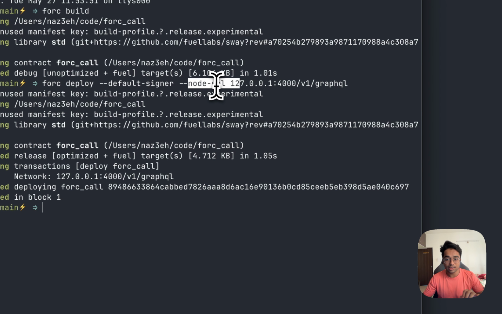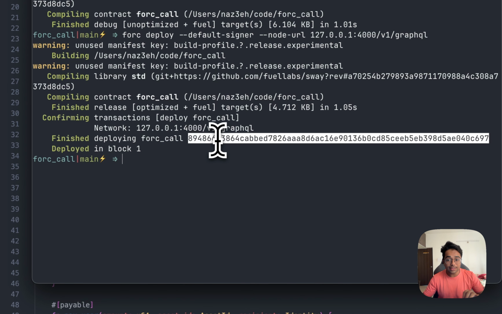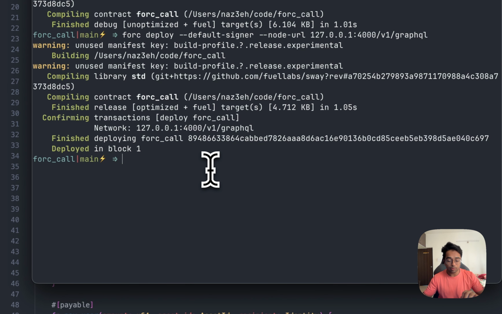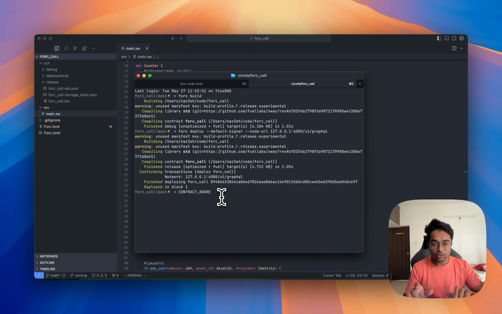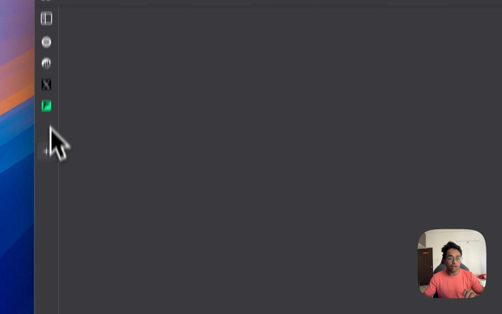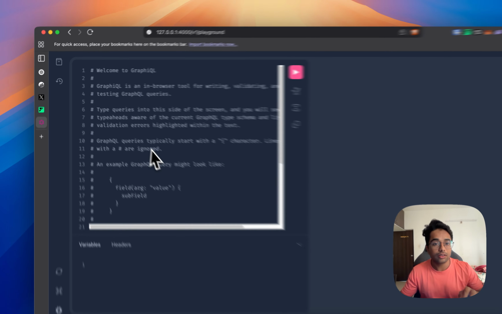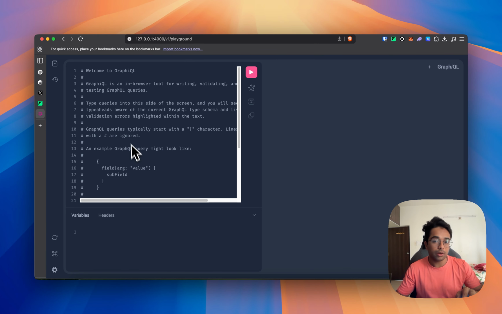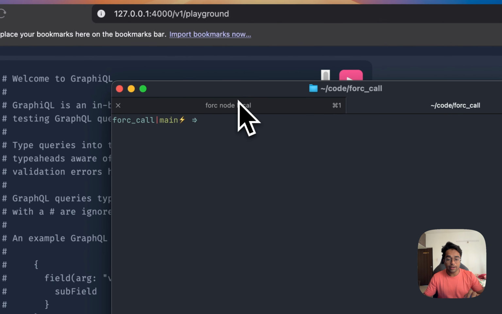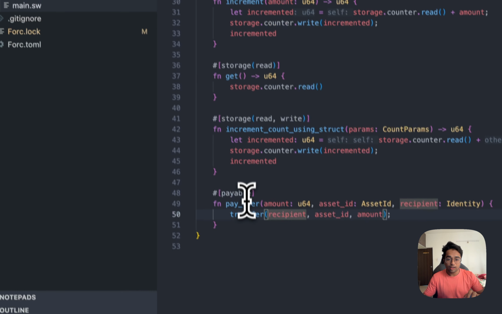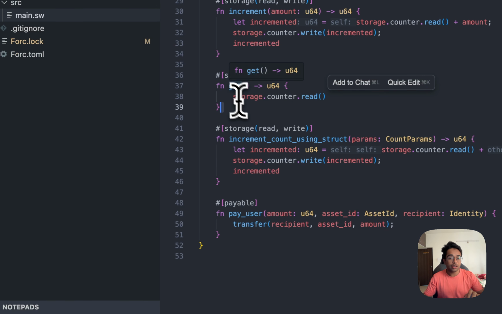Here you go. As you can see, I have specified the node URL to which the contract should be deployed as the local node, and this is the address that our contract has been deployed to. Now what I'm gonna do, I'm gonna be setting the contract address to this. Now you can also load up the local playground in here. You can see I have started the playground and you can play around with the different queries in here. Now as we have deployed the contract, let's call our get variable function and see the value of the counter variable. Now for that